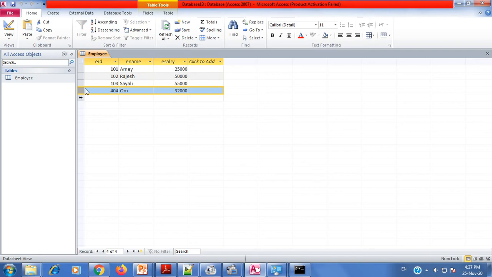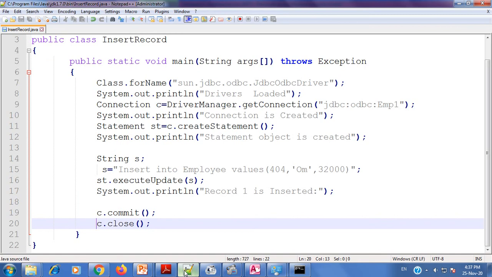Similarly, records can be inserted, but make sure that before doing the operations your database table is closed. Your database may be minimized or opened, but the table on which you are doing the operations should be closed. Likewise, similar to the insertion program, you may just change the query.